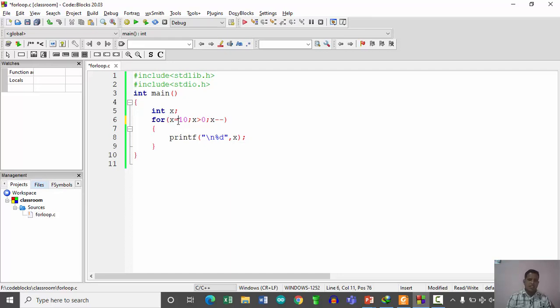First this, second this, third this, fourth this, and again after 4 it rechecks the condition. Whenever your expression is true, the entire execution revolves around these two values, whereas x is equal to 10, the first expression, gets executed only once.